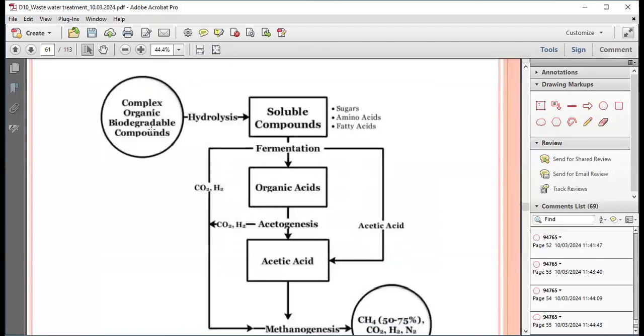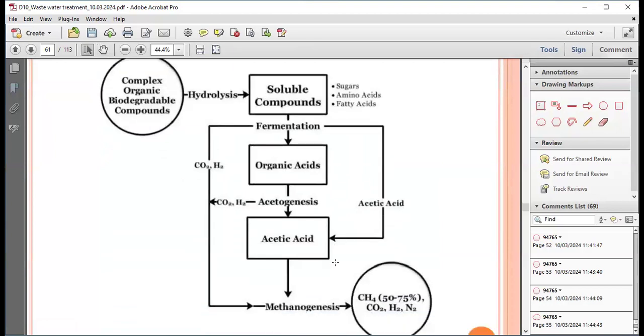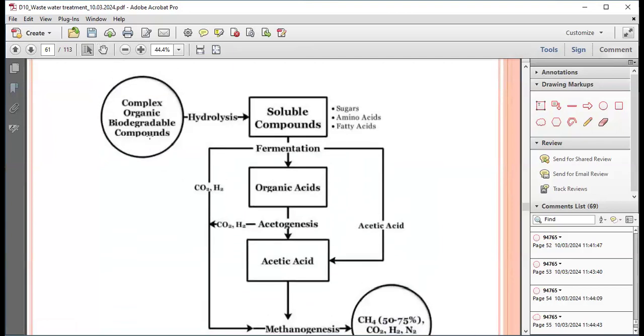The complex organic biodegradable compounds, as in some of the charts. You can see the complex organic biodegradable compounds, hydrolysis, soluble compounds, sugars, amino